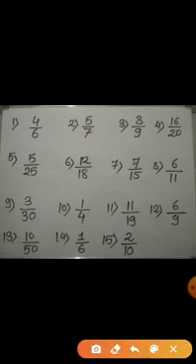Children, here in question number B, some fractions are given to us and we are asked to circle only those fractions which are in their simplest form. See the first fraction. It is 4 upon 6. To identify whether this fraction is in its simplest form or not, we need to find the common factors of 4 and 6 first. Now, which are the common factors of 4 and 6? They are 1 and 2. Since they have more than one common factor, this fraction is not in the simplest form. Hence, I am not going to circle this fraction.